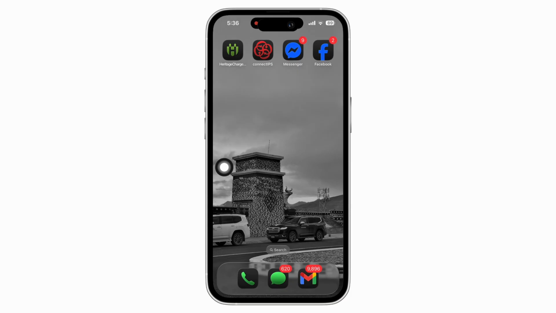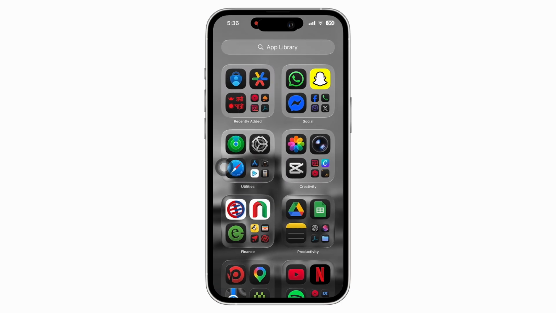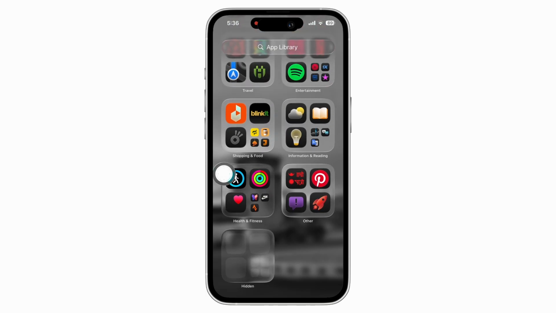And now in order to unhide the app, simply go to your app library by swiping towards the left on your home screen until the end. And now scroll down to the bottom and you will see the hidden tab. Tap on it and you will be required to enter your Face ID in order to view all the apps